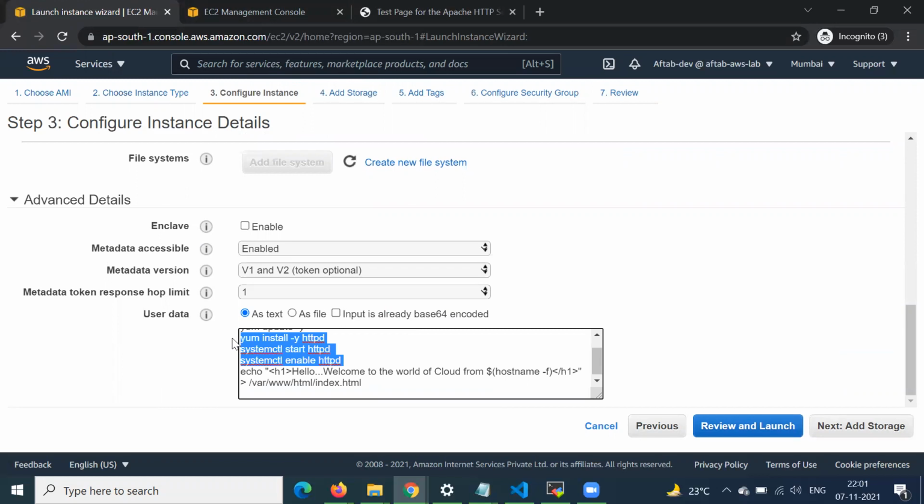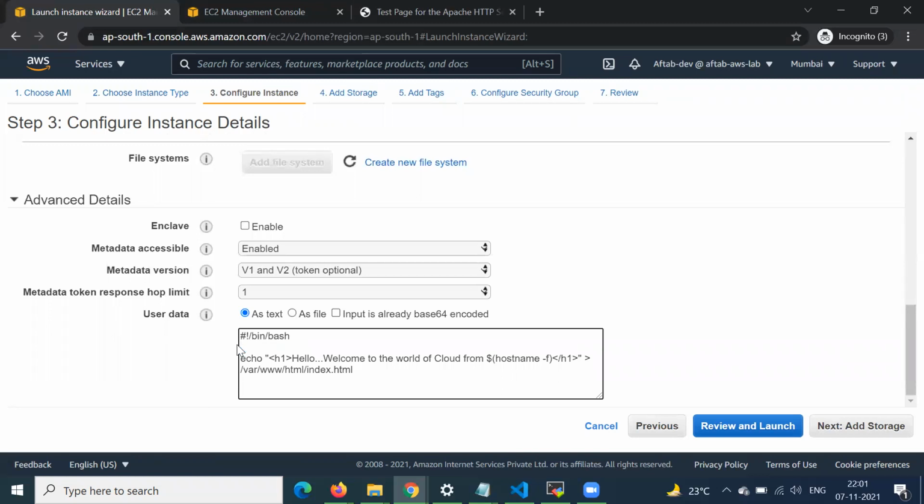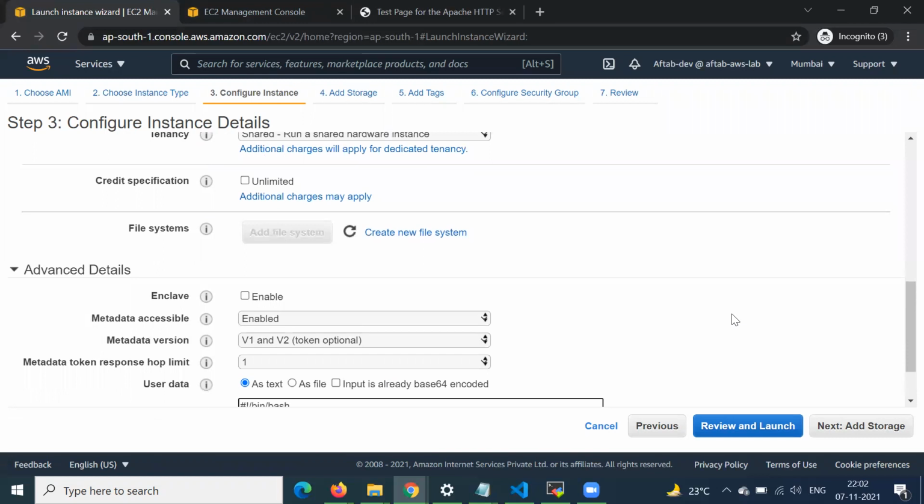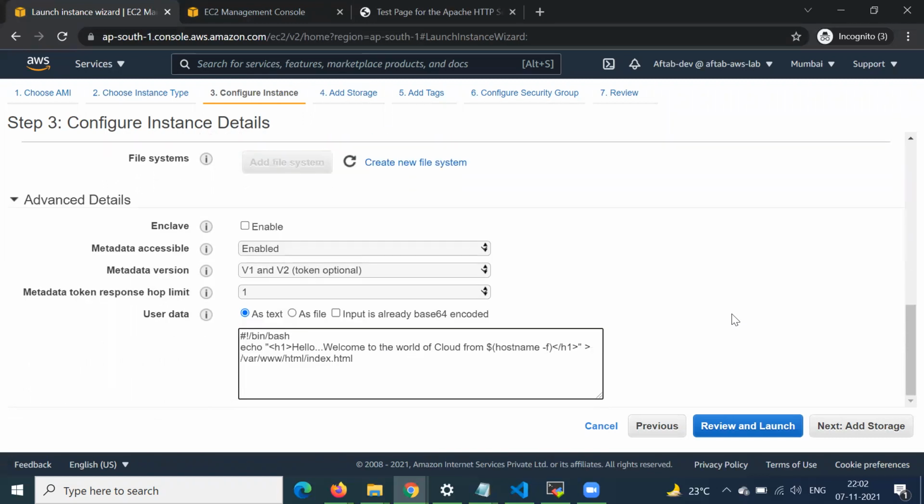We do not need to install the HTTPD server, it is not required. We are just making a modification in this index.html page, using this user data, because our image already has the HTTPD Apache server installed and running.